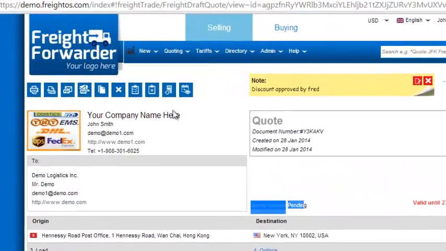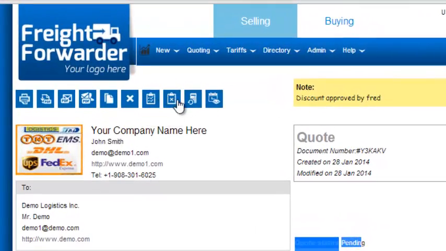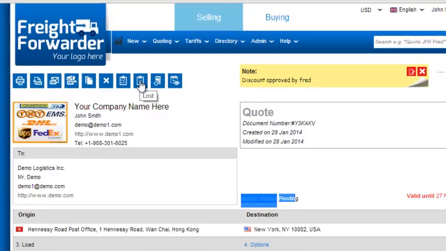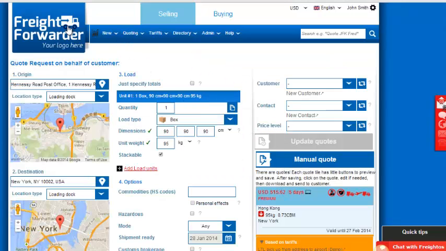And I can click here to confirm if it's been ordered, and click here to confirm if it's been lost. I will also receive an email in a week to remind me that it's time to check with the customer, confirm the quote, and hopefully it's been secured. Okay, so once you've sent a quote to the customer,